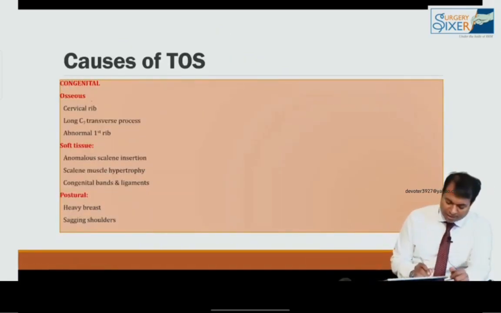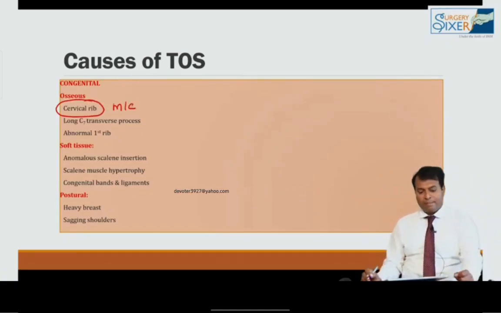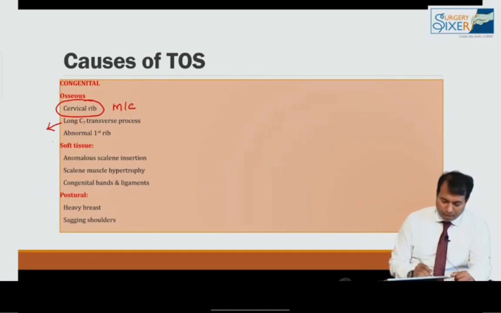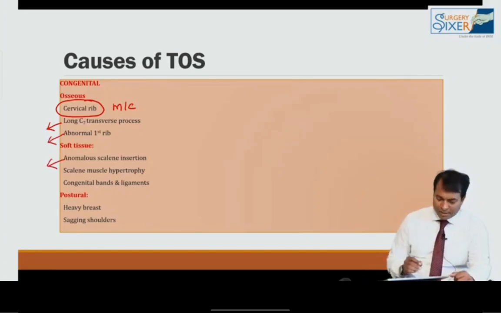I didn't tell you. The most common cause is cervical rib. So please don't forget, the most common cause is cervical rib. Other causes are long C7 process, abnormal first rib, abnormal scalene muscle hypertrophy, heavy breast and sagging shoulders like this,